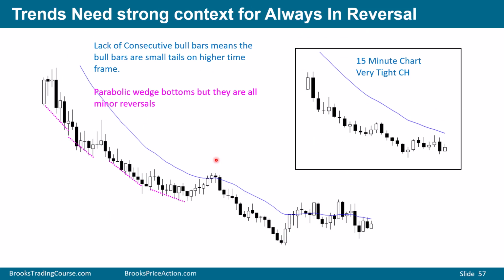When you look at this chart, it's really easy to find the parabolic wedges in the bear trend. And if you do that, what you're going to end up doing is, at the worst case, you'll end up buying every reversal attempt. And by the time you look back at the end of the day, you're going to have a lot of small losses that are going to rack up a large loss at the end of the day. Best case, you'll find parabolic wedges all the way down, and you'll be unable to enter in the direction of the trend.